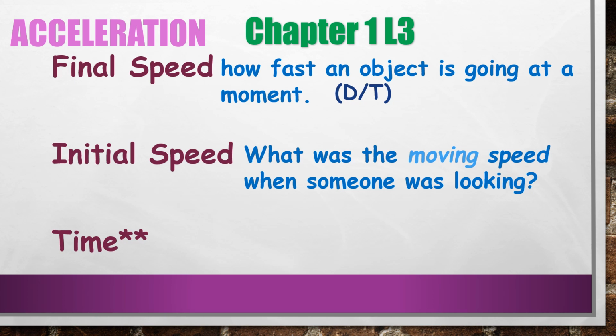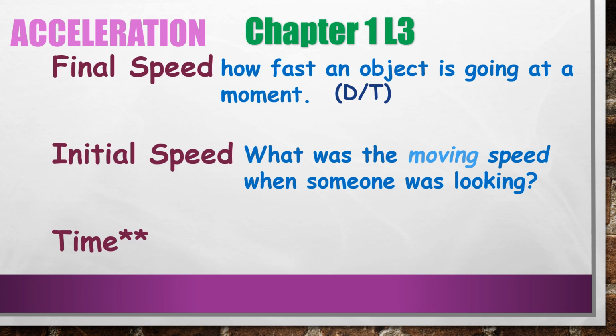When we talk about other areas in the world outside of those three countries, then we talk about kilometers per hour. But our initial speed is looking at a time when we first spot it. It could be at a stop sign, then it's 0. It could be testing on a test track to see how long it takes to go from 0 to 60. So I know it's going to be 0.